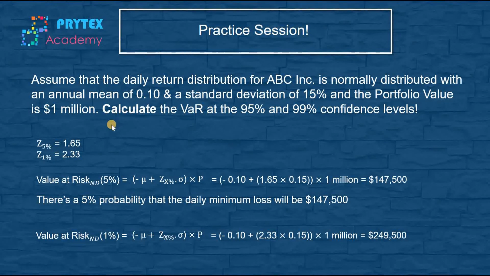So here, as you can see in the problem statement, we have used the daily return distribution, and the mean and standard deviation are for the daily returns, that is, the daily return mean value is 0.1 or 10%, and the daily return standard deviation is 15%. So what if we are given the distribution of, say, profit and loss, or if the normal distribution is actually a log normal distribution? Then we have to use different formulas, different equations to calculate value at risk. Let's